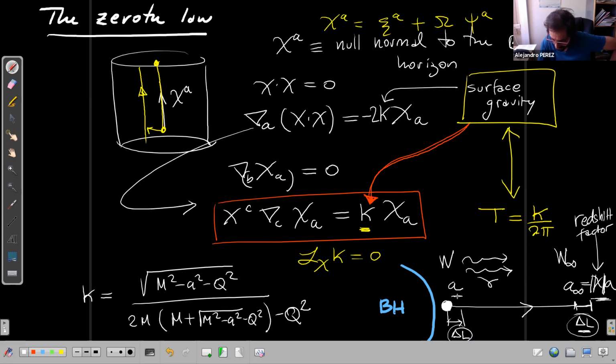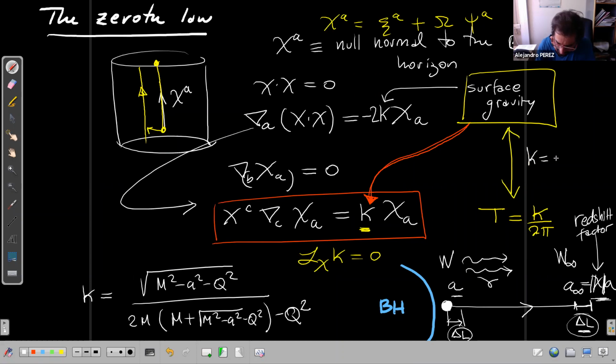to the local acceleration. Now, kappa, the surface gravity, is defined as the value of the acceleration at infinity in the limit where this point approaches the horizon. In that limit, A blows up to infinity, but chi goes to 0. Remember that chi is a null vector at the horizon, and this product is finite. So what is kappa? Kappa